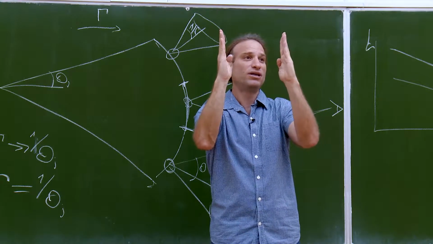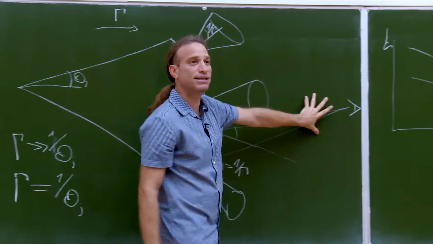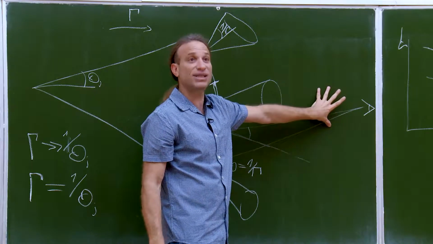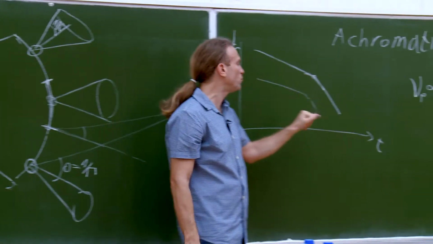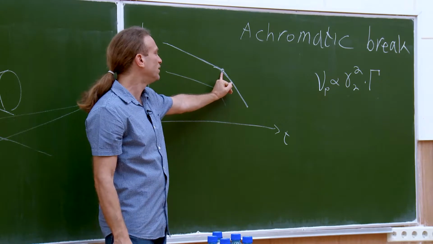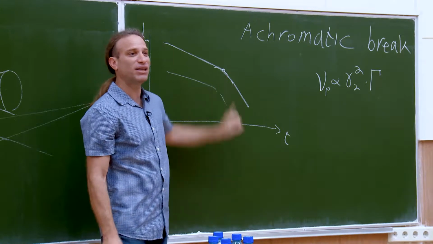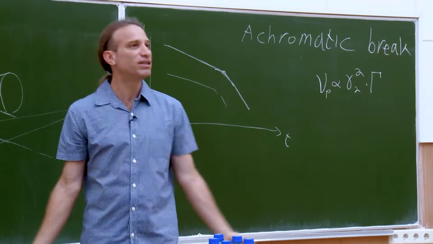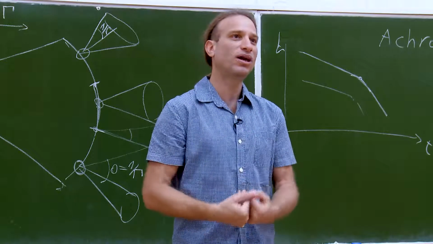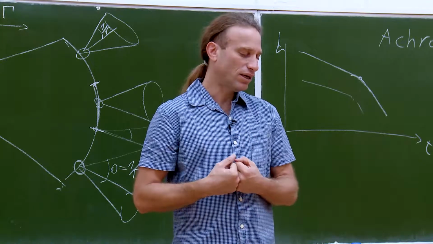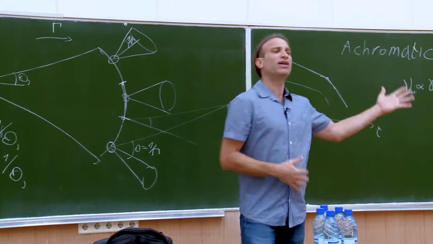Another possibility is that these jets are so powerful and the density of the medium is so tenuous that it takes a very long time for the jet to slow down to a point where we will be able to see that jet break. And by that time, we do not observe it anymore. As more and more events are coming into our reservoir of observations, we spend less time in following them.